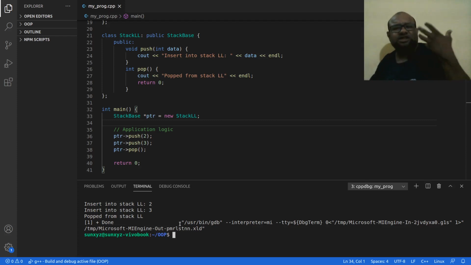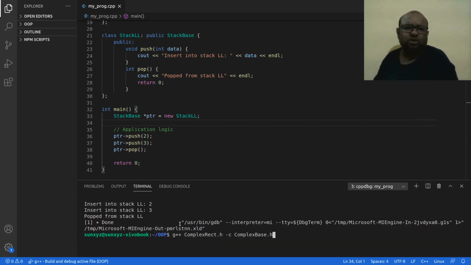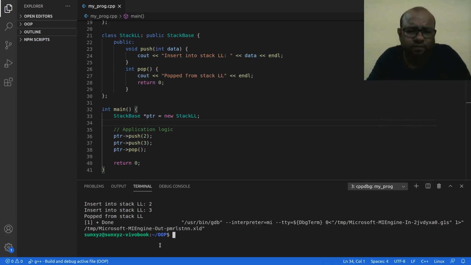All this implementation of push and pop is going to change, but I know for sure my push is going to return nothing. It is going to return void, and it is going to take an integer, and my pop is going to return an integer, right?